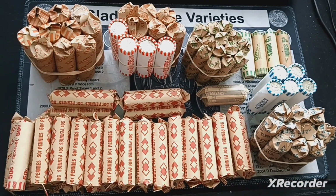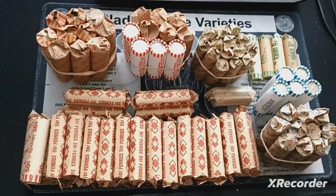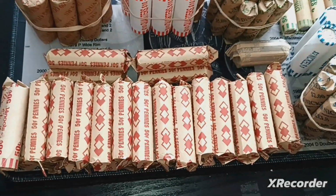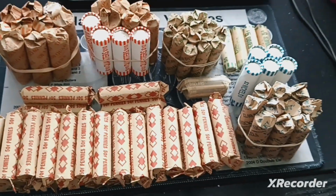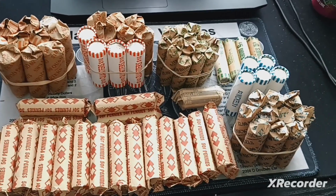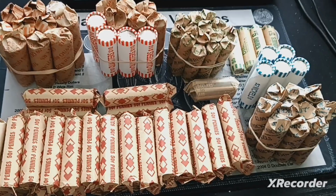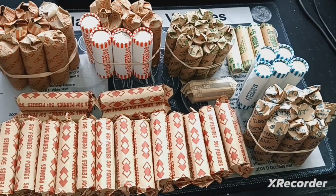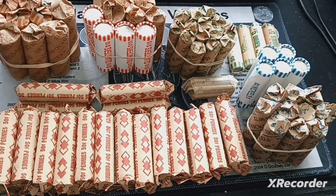Hey guys, I got another random batch of whatever I could get from the bank. Now, I'll say right now, I'm kind of concerned about the pennies that I have here. I have about $15 in pennies, and the reason why I'm concerned is my other video that I uploaded that went public. I don't know when this is going to be public. I'm filming on the 18th of May, and a video that went public on the 17th, which was a random coin search. The pennies, if you remember in that video, didn't produce very much, and I'm filming the very next